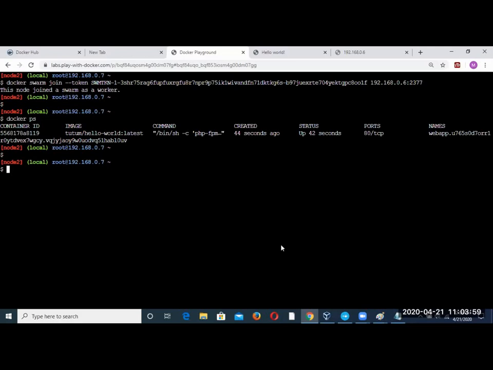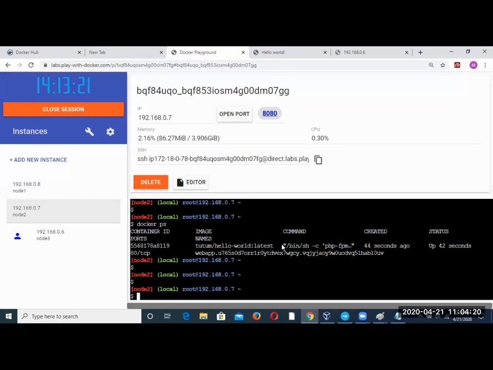And now if I run PS, you see the Tutum Hello World is already here, because I did it on the master, right? And because this is a worker, it also got that image. I have not copied it on this; it already got it by default because this is a worker. In the other worker also, you check.